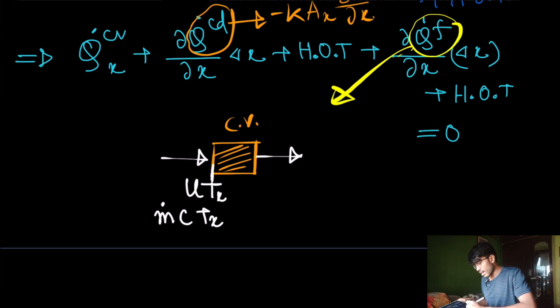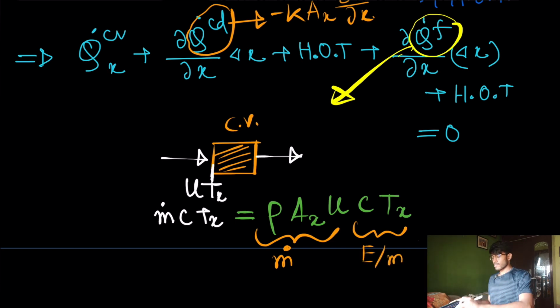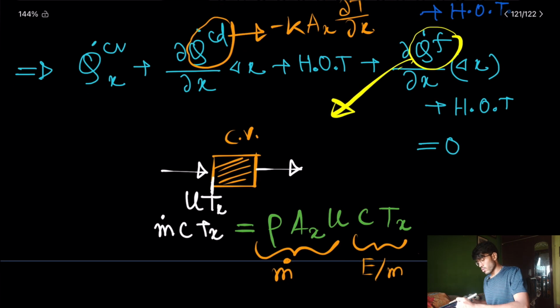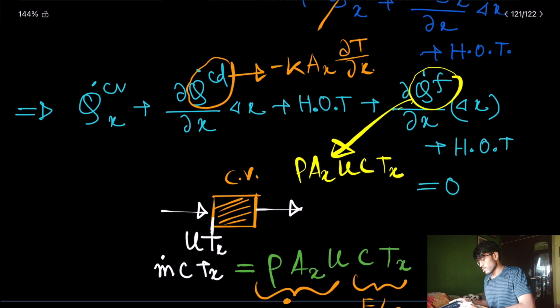So my flow energy is this one, right, and I can also write it as rho Ax into U into C into Tx. Okay, I hope this is clear. This is what? This is mass flow rate, m dot. Okay, and this is energy per unit mass. So this we got as rho Ax U C Tx. C is the specific heat of the rod. Okay,